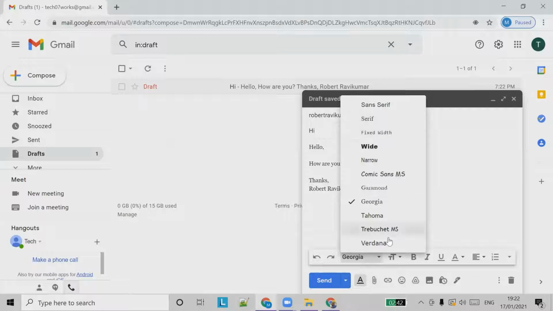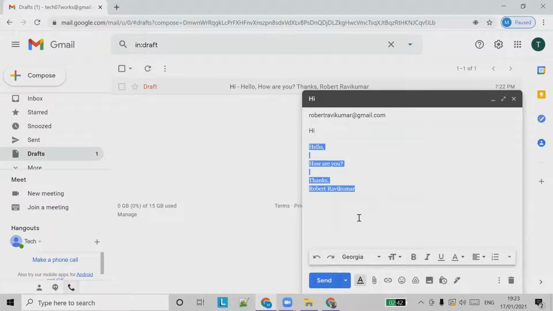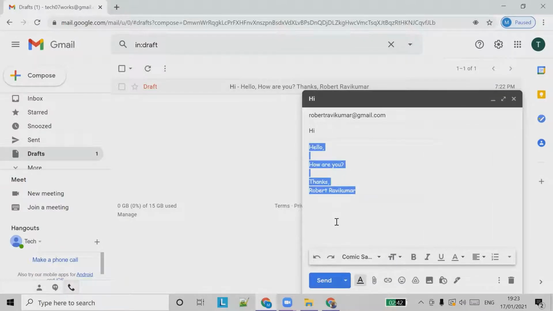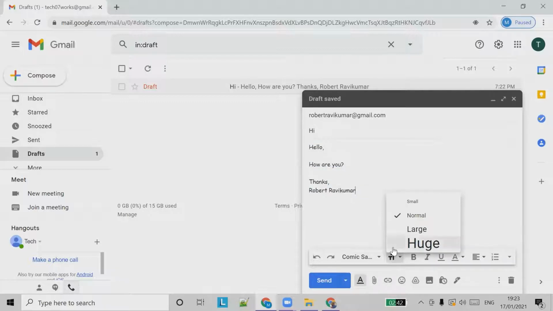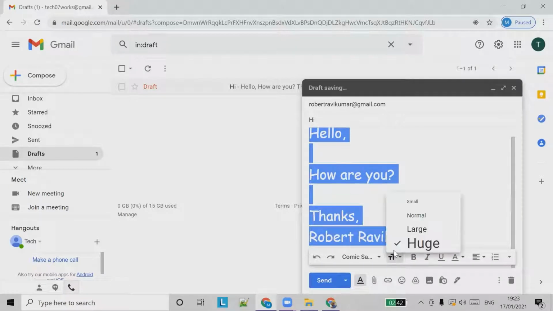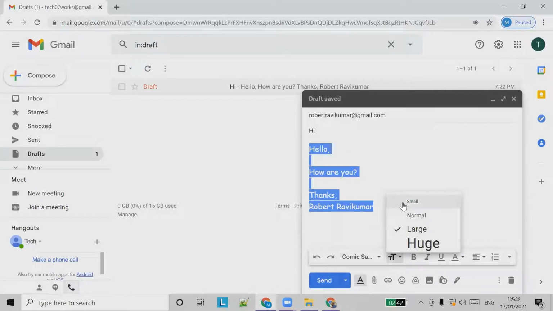There are very few options provided in this Gmail account, so you can choose whatever you want from them. I'll choose Comic Sans MS. And again, we can choose the font size also. You can choose huge, large, or small. We'll use normal.